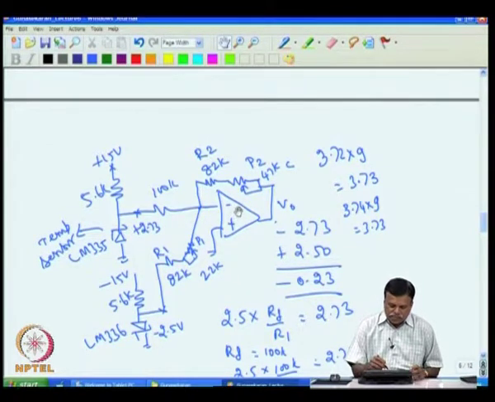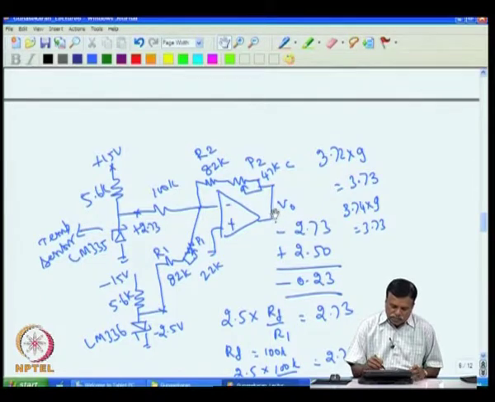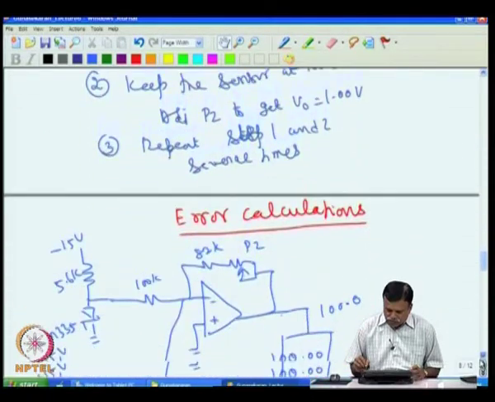That means that even when I give, for example, 0 at the input, I expect the output to be 0, but you will not get 0. You will get some output voltage, and that voltage is coming because of the offset voltage, and the offset voltage is normally represented with respect to the input. So, now if you look into the operational amplifier,